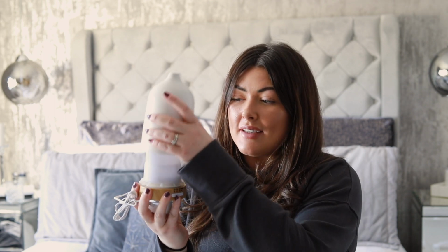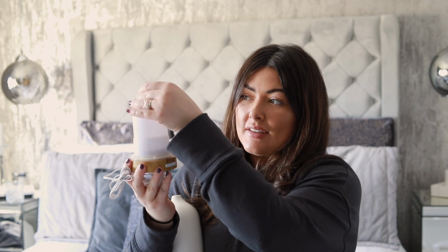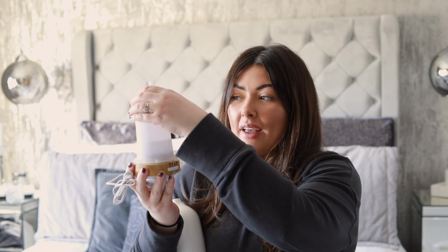So this here is a diffuser. Essentially you get this ceramic top, you then have this little part inside it which contains your water, and it tells you here there's a maximum fill line. So you take this little nozzle off like that, you fill it up with water, and then you add any essential oils that you like, just a few drops of it,